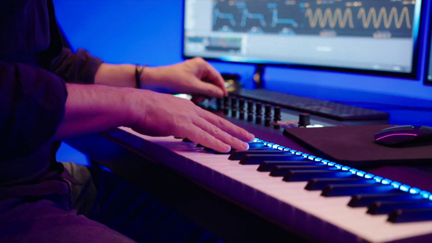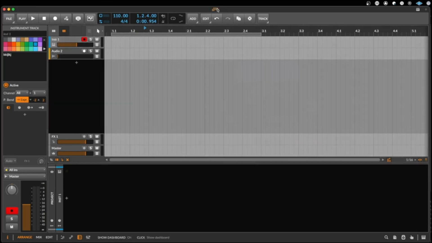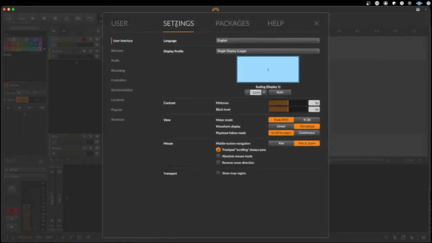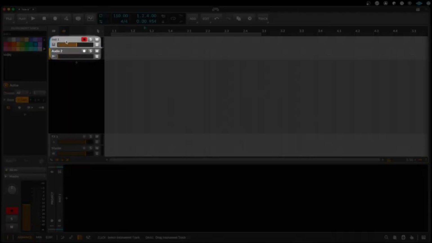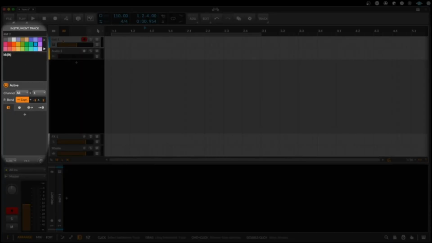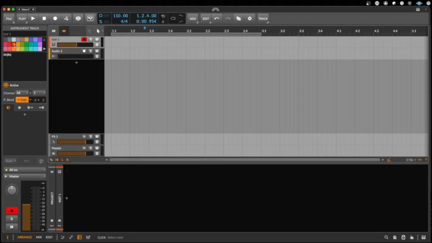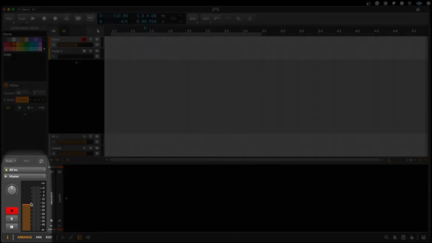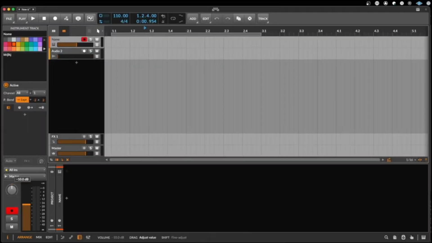I want to give you a little overview about our main window, how it looks if you are here in the user interface settings on single display, large like I am. We have here the tracks that we can select. Whatever track is selected, you have here a kind of information panel where you, for example, can change the color, you can change the name of this track. You always see the mixer channel of this channel, so you can change the volume or the panning. And you can open here some